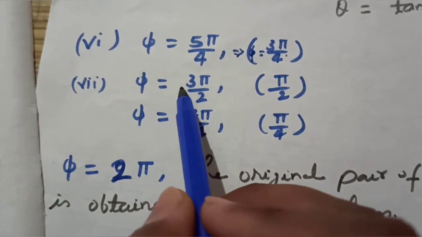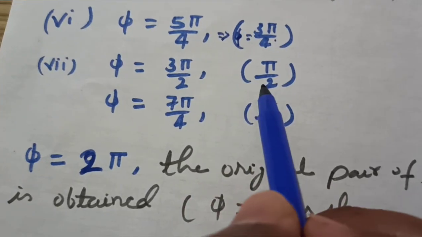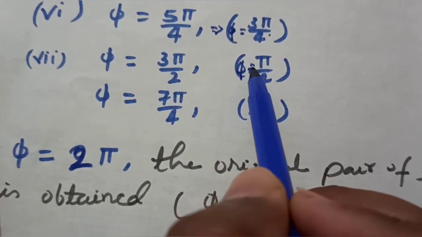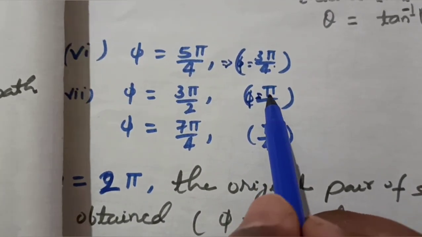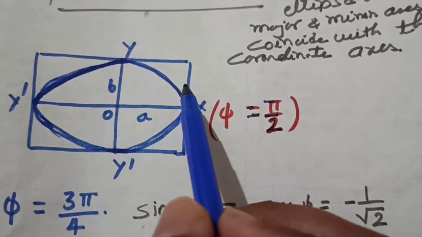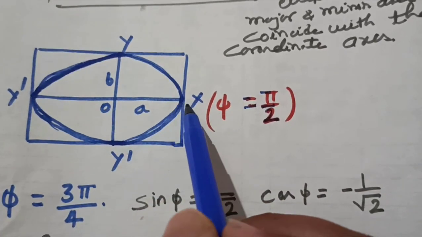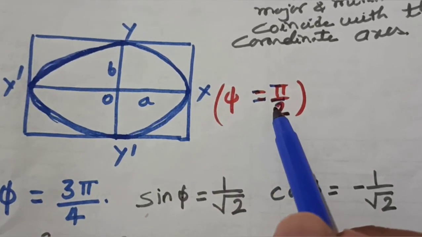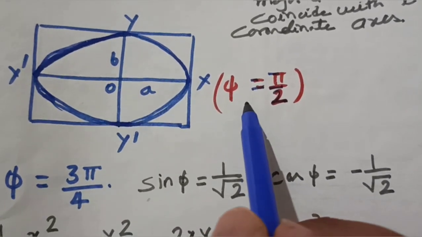Now for the case 3 pi by 2, you will obtain the same result, the same diagram or the same Lissajous figure, as you have discussed in the case pi by 2. You will just see that in the case pi by 2 we obtained a symmetrical ellipse with major and minor axes coinciding with the coordinate axes. So this is the same as when we discuss 3 pi by 2. So this is the proper Lissajous figure for the case 3 pi by 2 here.